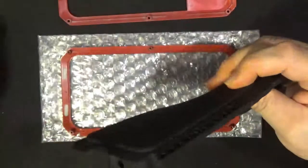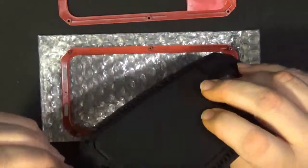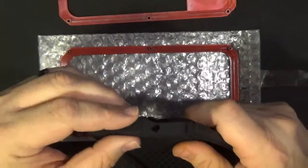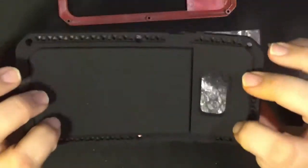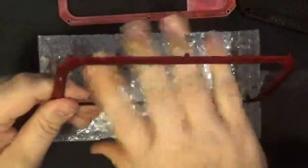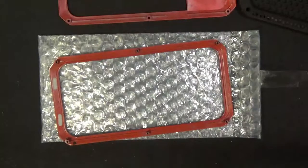Now, when I was actually looking at buying this, I thought it actually had, oh, see, this piece comes off too, so something to keep in mind, as well as this piece here does come off as well. When I was actually looking at this, when I bought it, I thought it actually had a screen on the front, but obviously there's nothing like that on here, so not a big deal. I don't currently have a screen protector on my phone, which is probably part of the reason why it broke, but nevertheless,